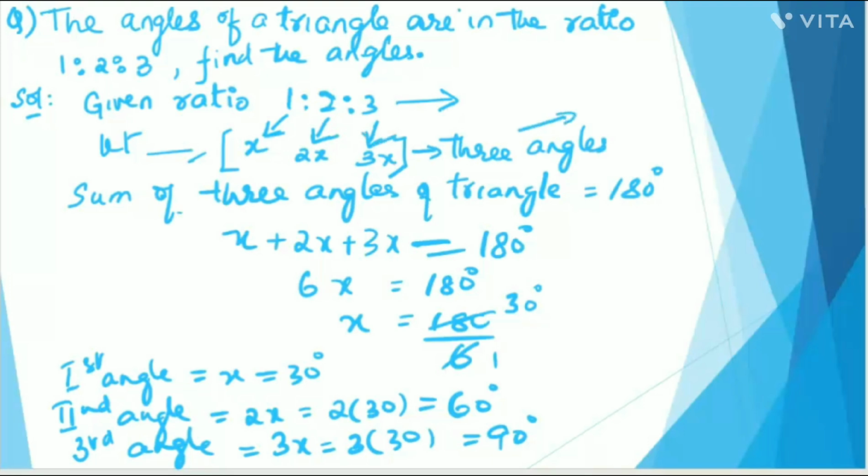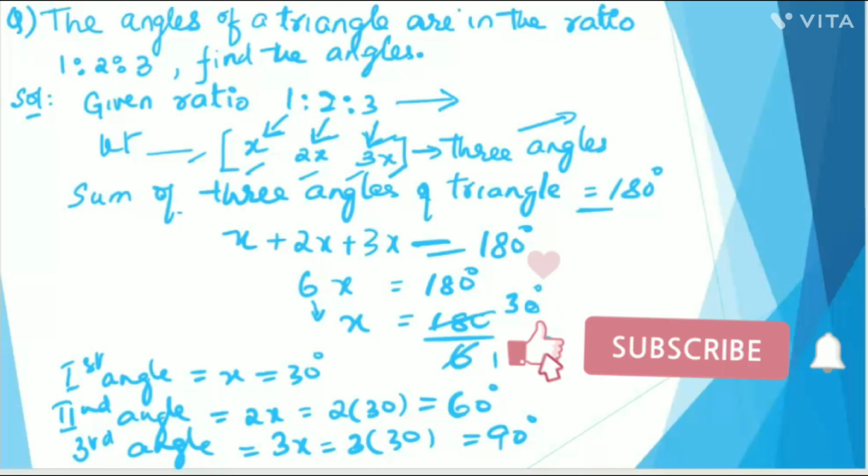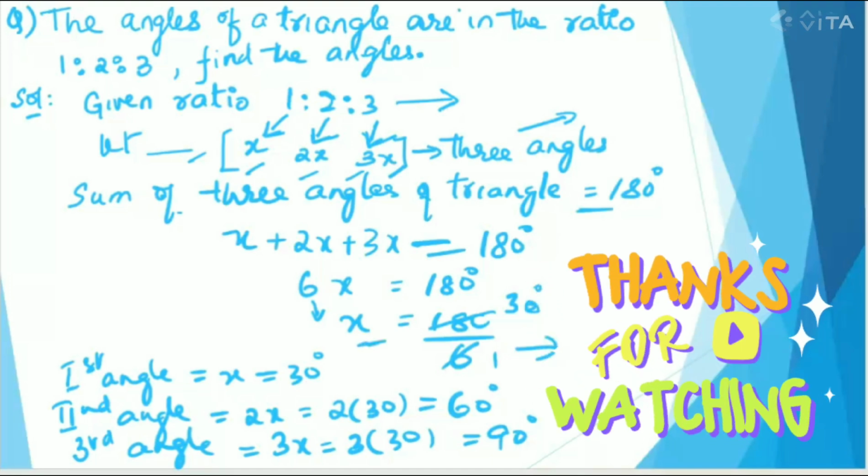Sum of three angles of a triangle is equal to 180 degrees. Now we will add these. x plus 2x plus 3x is equal to 180. 6x is equal to 180. This 6 will be divided here. 6 ones are 6, 6 threes are 18, 0 left. So I have got the value of x as 30. Now first angle I have got, second angle is